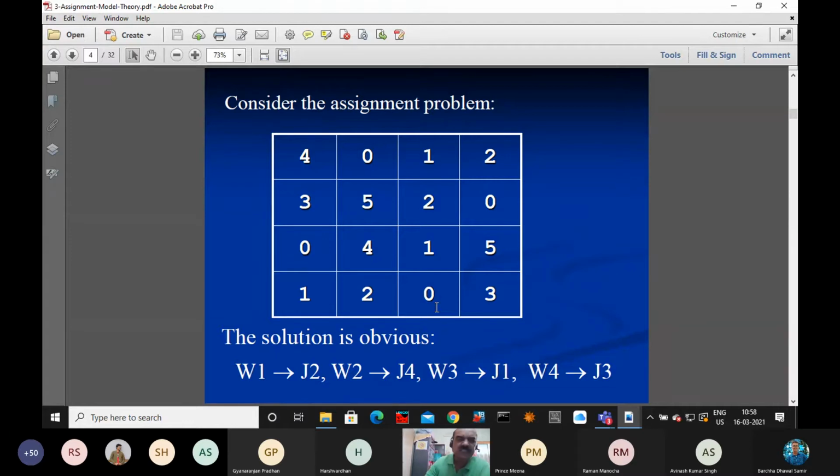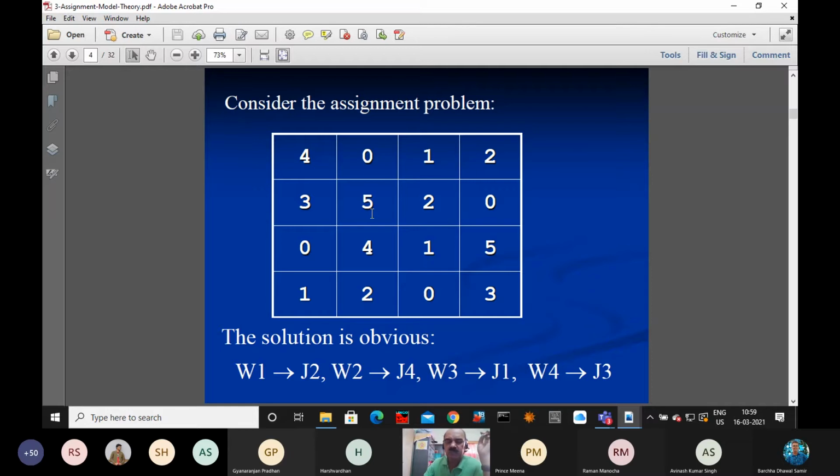Now, what is the minimum cost? Minimum cost is nothing but the sum of all 0. Generally, I have mentioned these cost coefficients, whatever is given, they are positive. But here, instead of positive, some are 0. So some preliminary work has been done here. Okay, what is the work? We have already reduced by subtracting a constant, and then we are assigning. Okay, so the solution is we have decided in this manner.